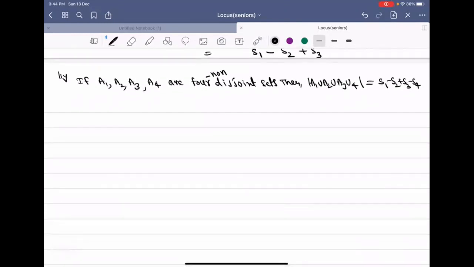Therefore, the general principle of inclusion exclusion, PIE, for n sets A1, A2, A3, etc. up to An, where n is greater than or equal to 2,